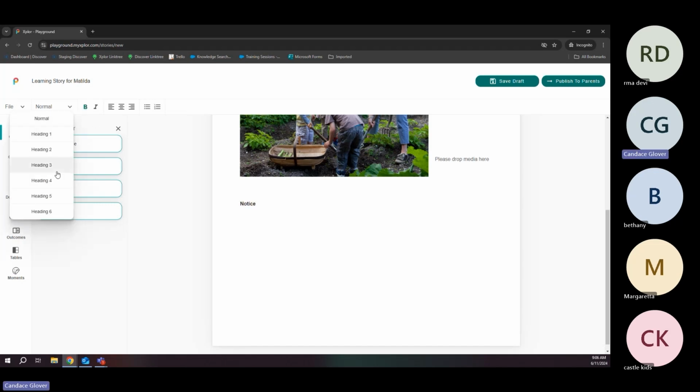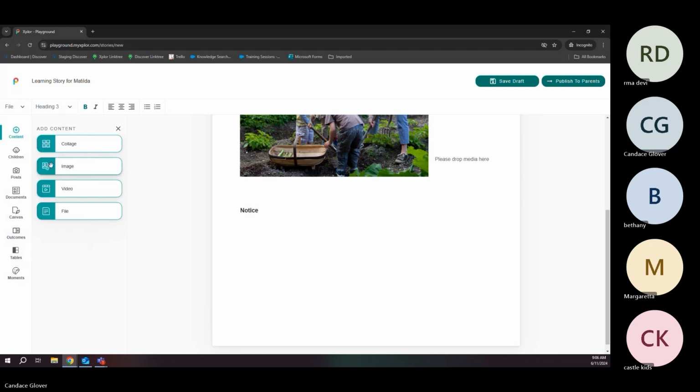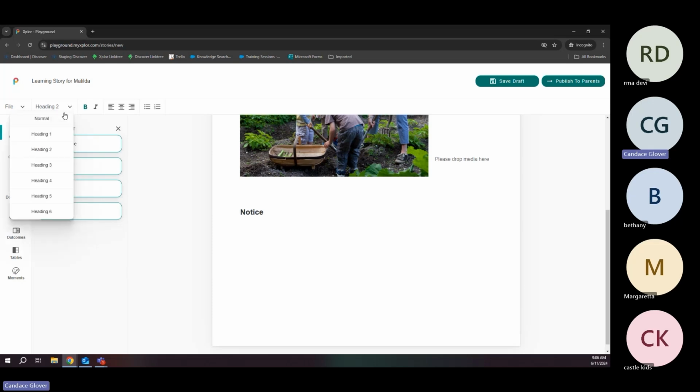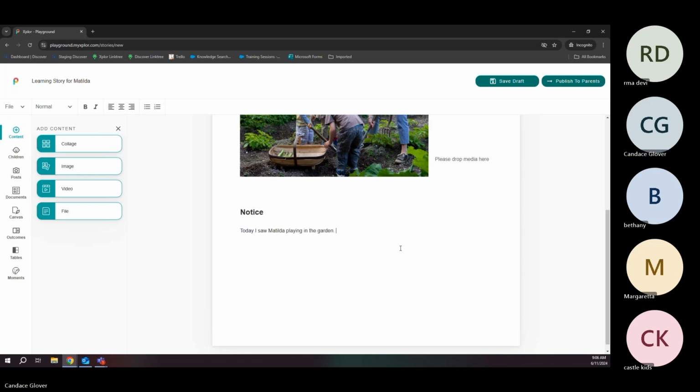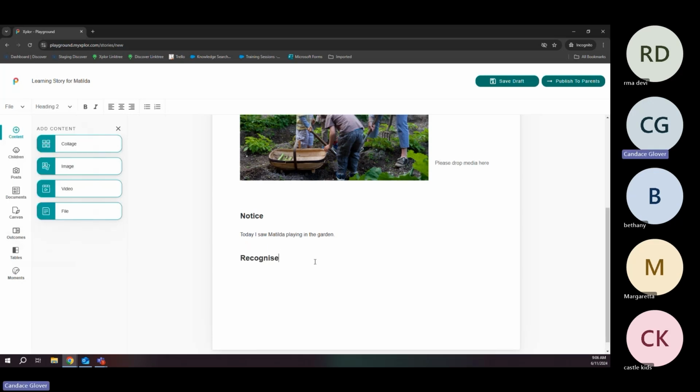And you can choose your different sizes. And then when I come underneath, I can just return back to normal text. I won't type a whole lot in here just in the interest of time. And I might do my second heading there. So I'm going to use heading 2, because we've got heading 1 up there, and I've used heading 2 just to